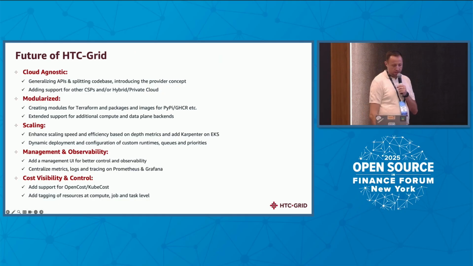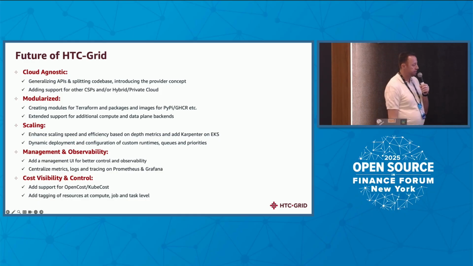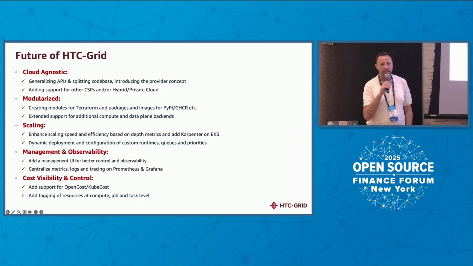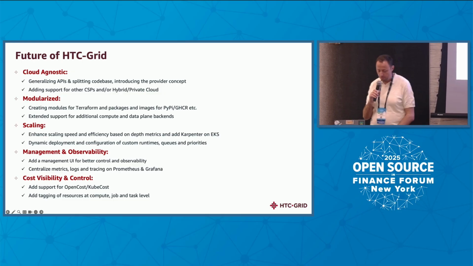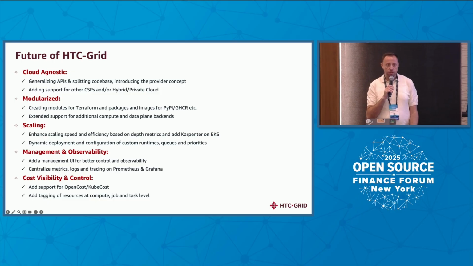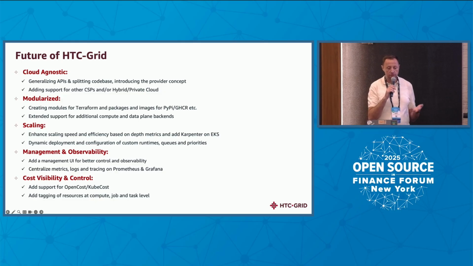So what do we want to do? HTC-Grid was started at AWS as an open source service, as I said, because we saw all of our customers go through the same hurdles, and the vendor products that are out there are either end of life already or in that journey. They're about to die. And there is no really good alternative out there, so we wanted to build something for the community, for our customers or financial services customers